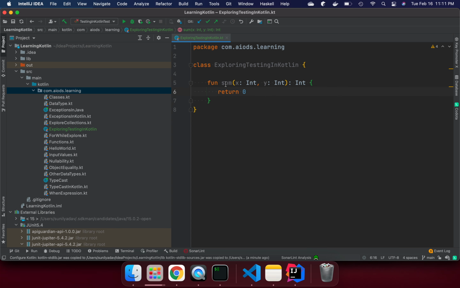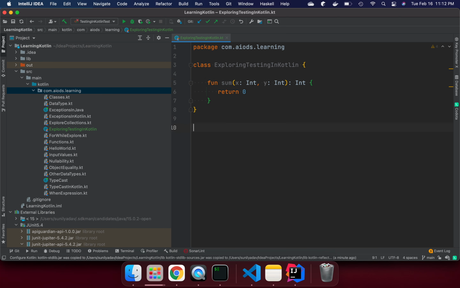So this is the class we have written, and suppose we want to test whether this sum function is working or not. If we are passing two numbers, it should return 0, right? Test driven development says whatever you are doing, just test it. This might not be a sum method at all, but we are pretending that if you pass two numbers, you will get 0 returned.